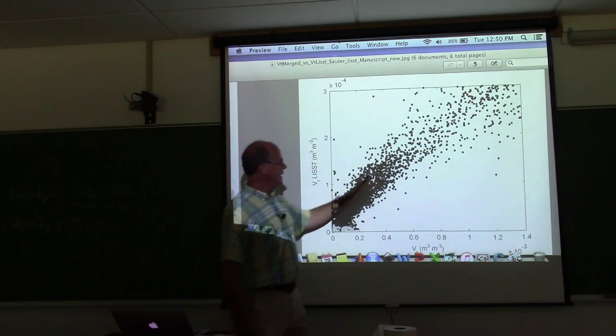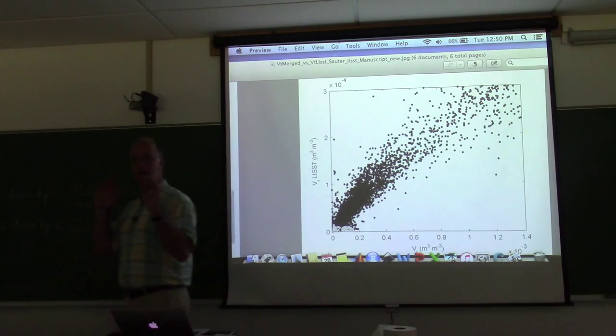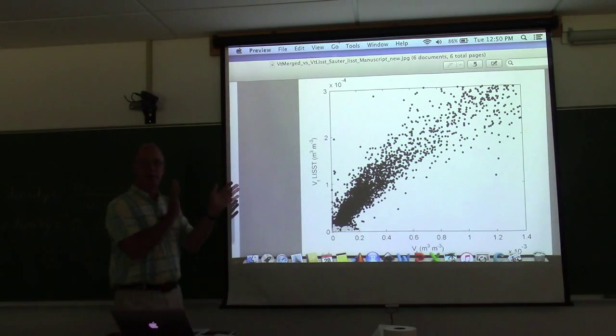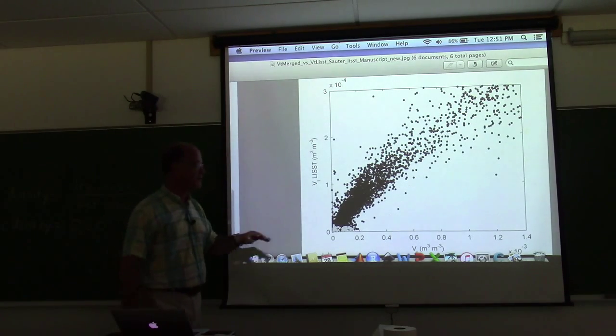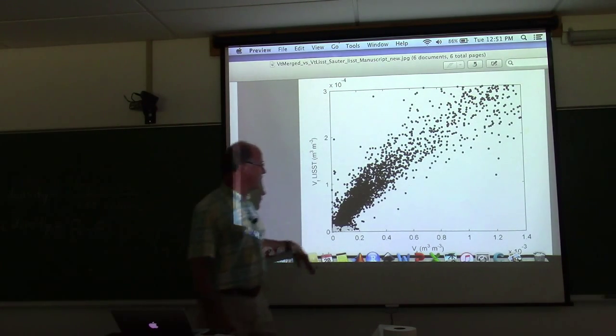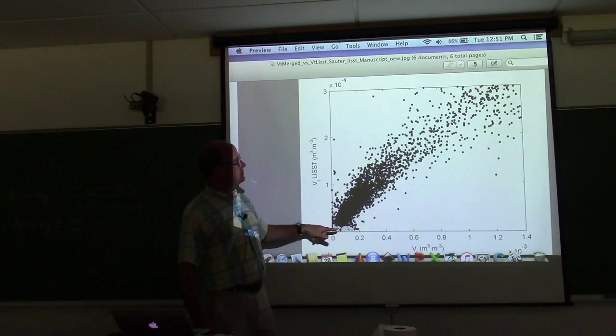What we see is a nice linear relationship, which is great. It means that you don't have to go out there and measure all of the big particles, because you know that in general the volume that the LISST sees is proportional to the total volume. So you just have a nice marching up the size spectrum of the stuff, and Colin was kind of referring to that before. There's some bogus points down here which are generally from